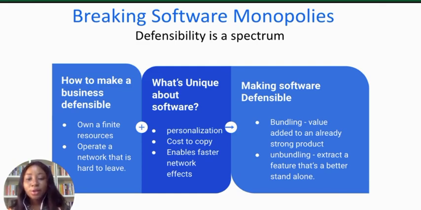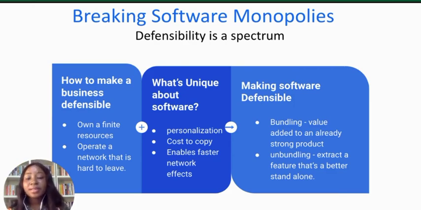Now, the good thing is that software is actually unique, right? And that is why, as a developer or a product manager in the software space, it is very, very easy for you to be successful in this field. Why? Because software is very unique, and by uniqueness, it means there is this feel of personalization, right? The way I, as a user of Netflix, feel is different from the way my friend, who is also a subscriber on Netflix, feels, and that is what personalization is about. The software gives different feels to different users, right? Another thing is that the cost to copy is very easy. That is, software has low marginal cost to copy because most of these things are built on chips. And finally, it enables faster network effect, right?